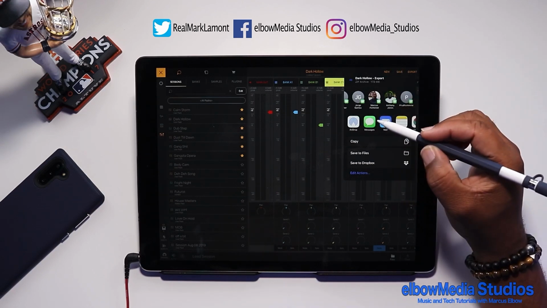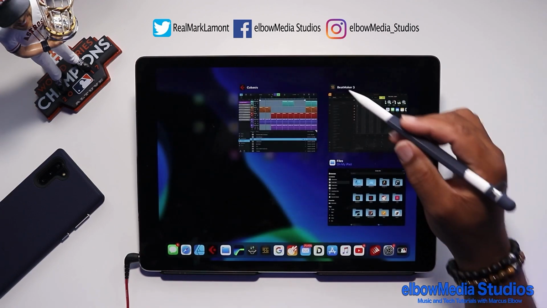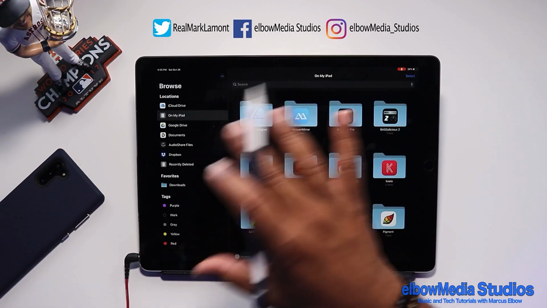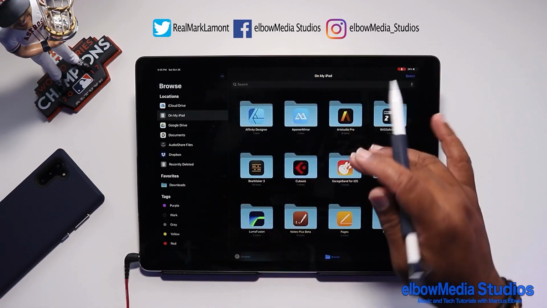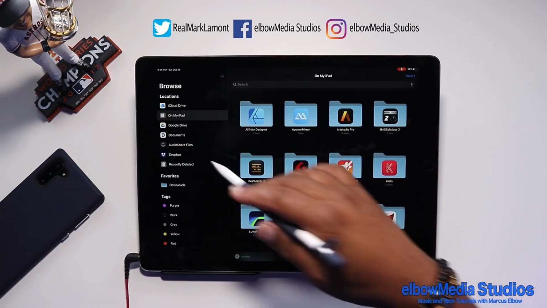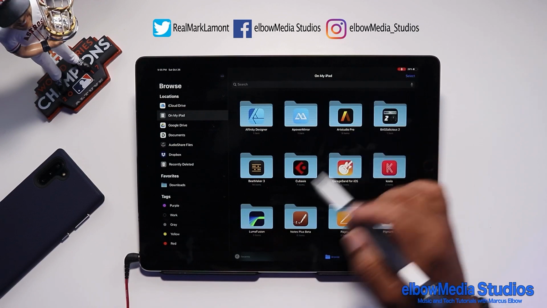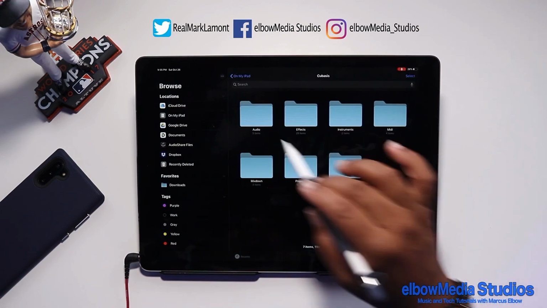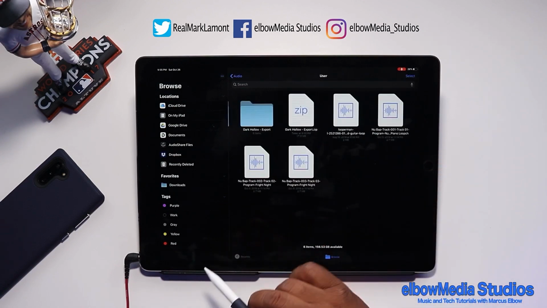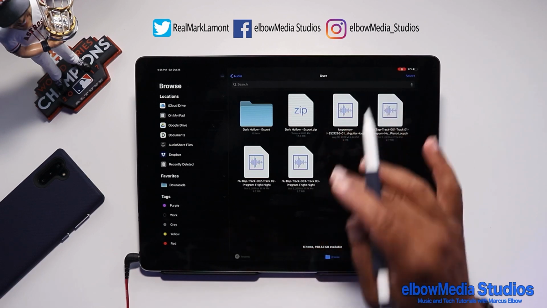But we're not going to share that because I've already created this file. So let's just go ahead and get out of there, and we're going to go into our files. Whenever you share it, you're going to be able to find the file wherever you put it. If you make a folder, or wherever you want to put it, I would advise you to go into your Cubasis folder, go into audio, and then go into user. This is where you're going to want to put your exported file,